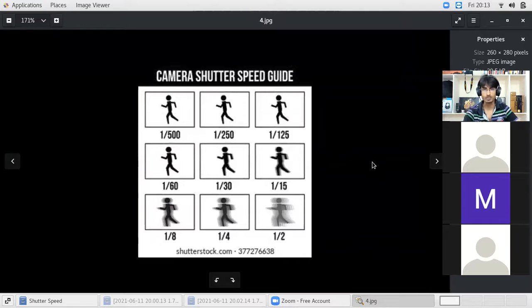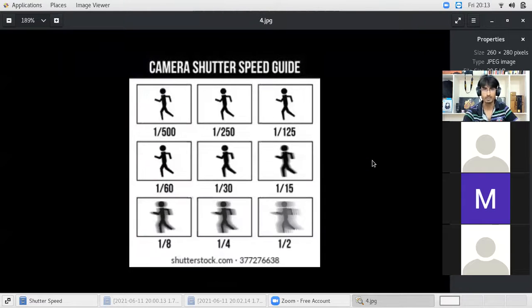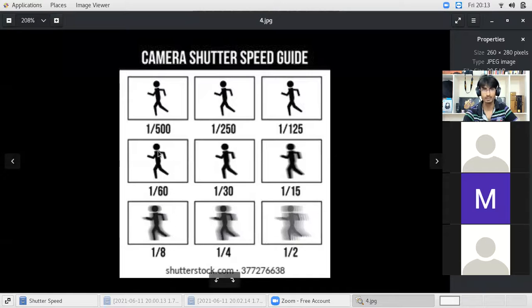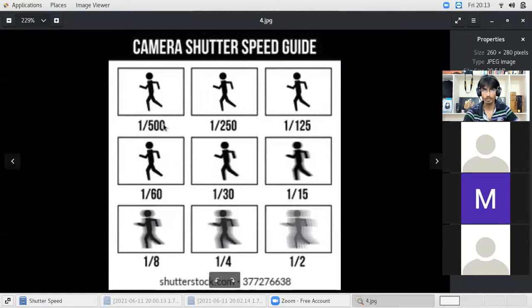Like aperture, we are going to start with how shutter speed is represented. It is represented as a fraction of a second. 1 by 500 means if we divide 1 second into 500 portions, we get 1 by 500. So we call it 1/500th of a second.